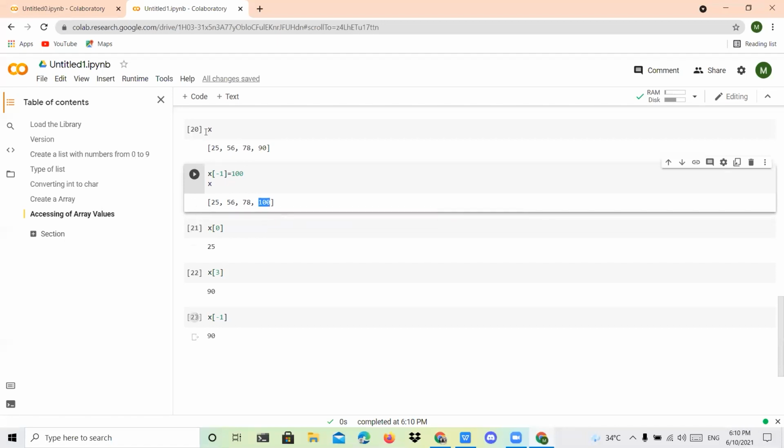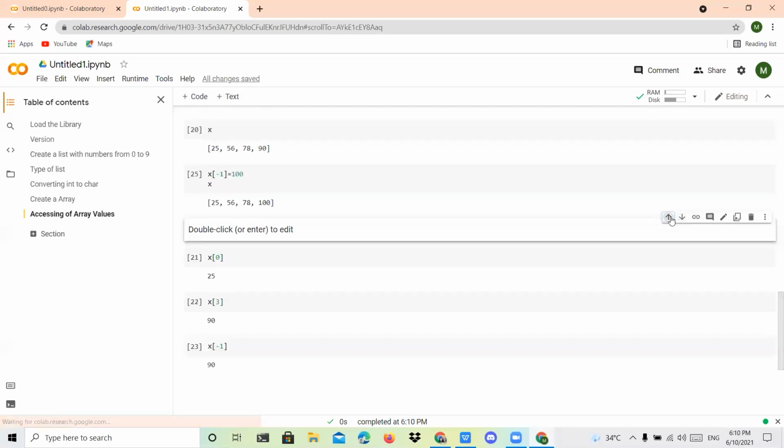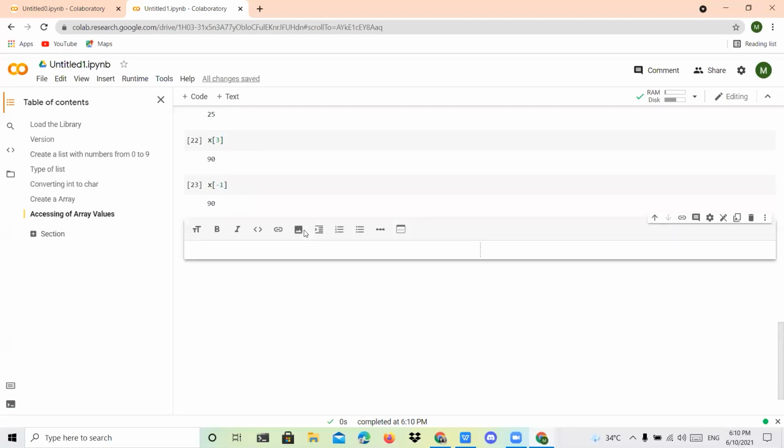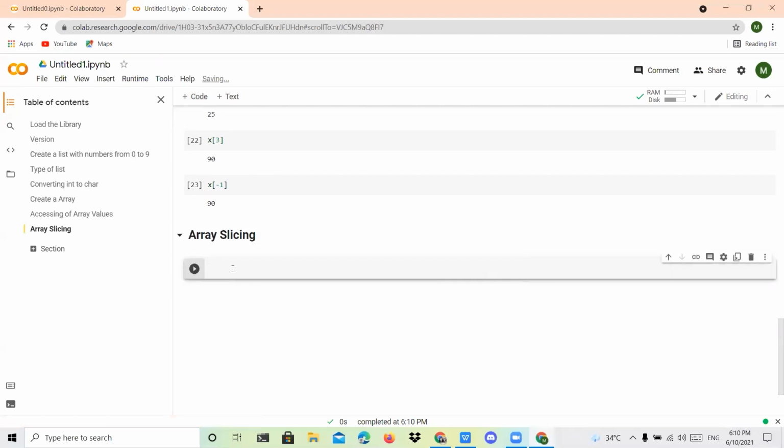Next I'm going to tell you about array slicing, how we can refer to a range of elements.